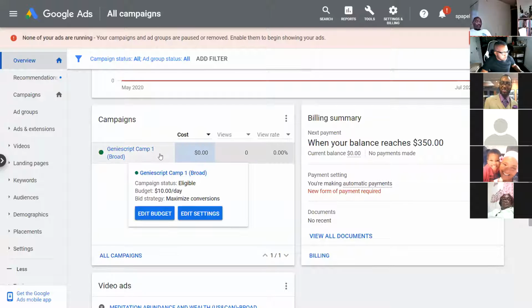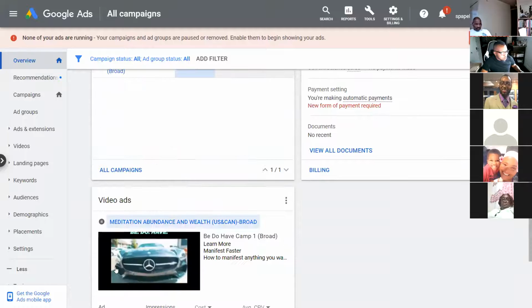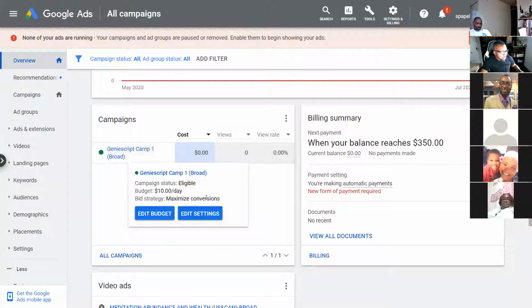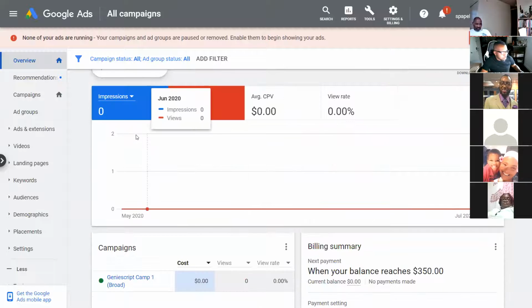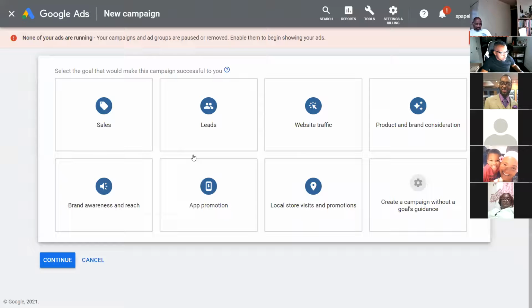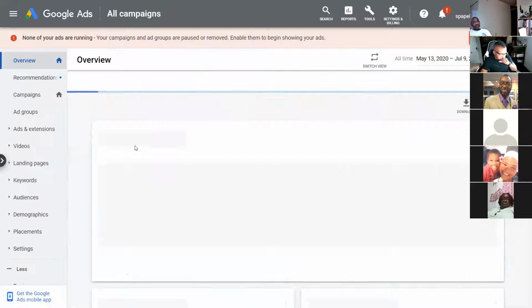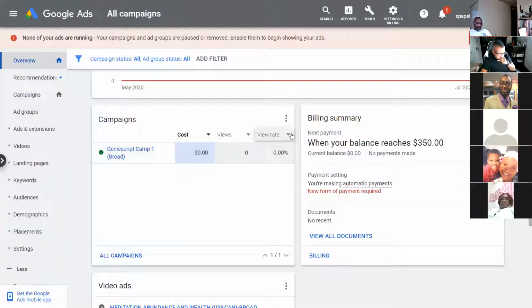Okay, here we go. All right, so this is where all your campaigns are going to be set up. This is where all of your ads are going to appear. So you can always come in here. You can create a brand new campaign if you would like to target something else. I don't really like going through this whole creation process again. So what I like to do,